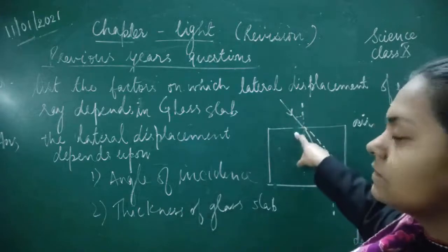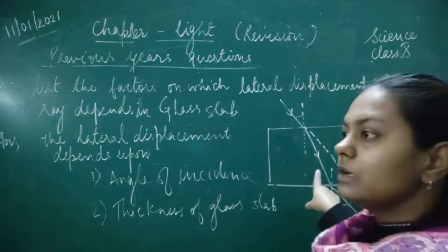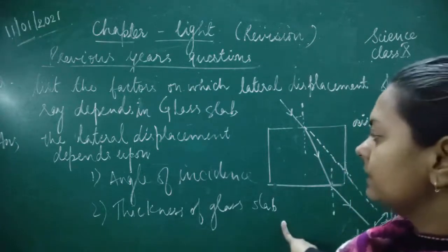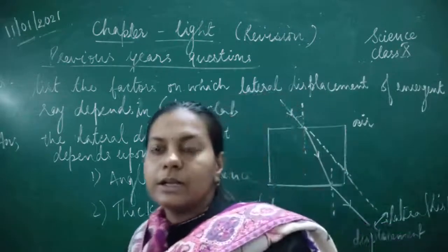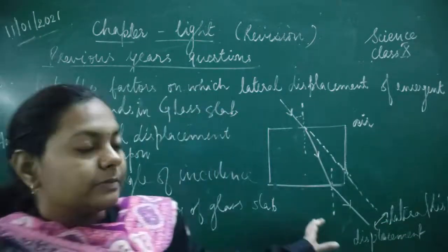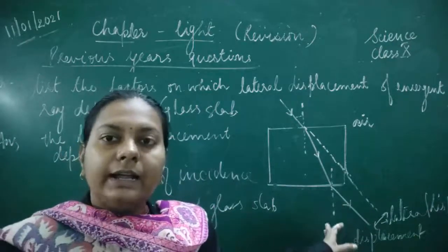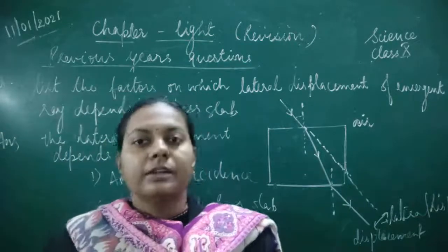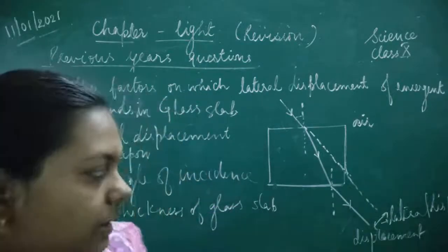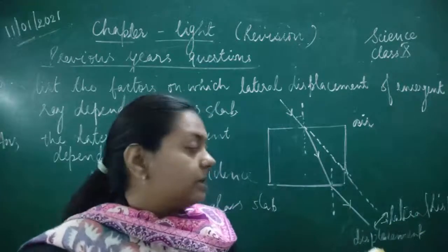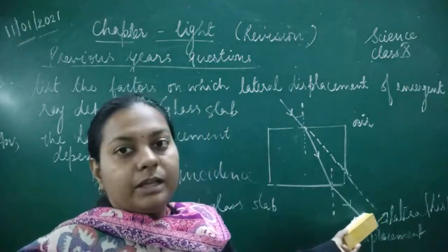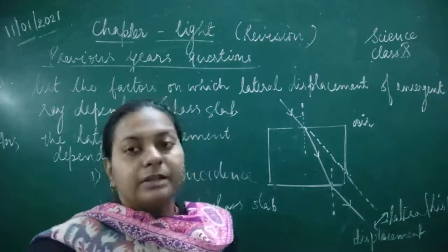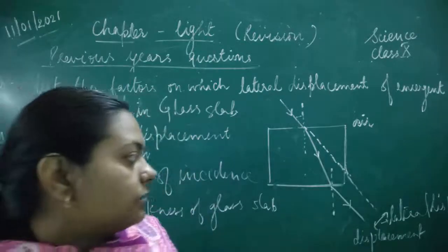जितना ज़्यादा angle of incidence होगा उतना ही deviation भी होगा emergent ray का, lateral displacement उतना ही दूर या पास में आएगा. ठीक है? सिमिलरली thickness of the glass slab अगर ज़्यादा है, ज़्यादा मोटा ग्लास है, तो उसमें displacement ज़्यादा क्यों होगी? क्योंकि ज़्यादा लाइट रिफ्रैक्ट करेगी, जिसकी वजह से लाइट रे ज़्यादा डेविएट भी होगी, ज़्यादा रिफ्रैक्शन होगा. इसलिए the emergent ray and this ray which is passing undeviated would have greater distance, and lateral displacement distance will also increase. ठीक है?